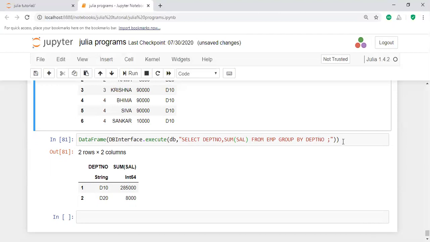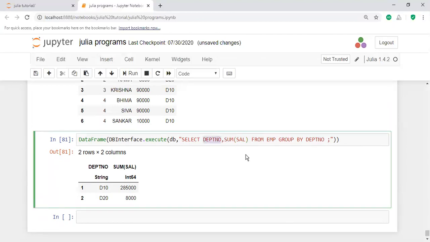Coming to the having clause. If you have a group by and it is an ordinary field, you don't need having; the where clause is enough for providing a condition on an ordinary field.